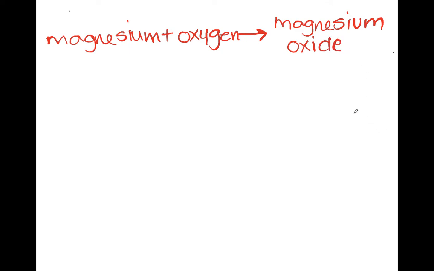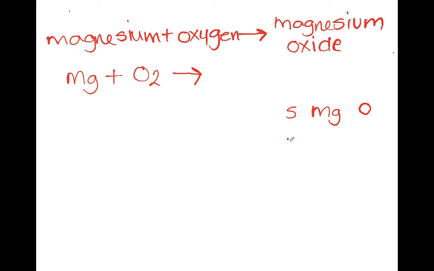We already know that magnesium has the symbol Mg, oxygen is diatomic, so it's O2, and to work out the formula for magnesium oxide, we do Mg and O,